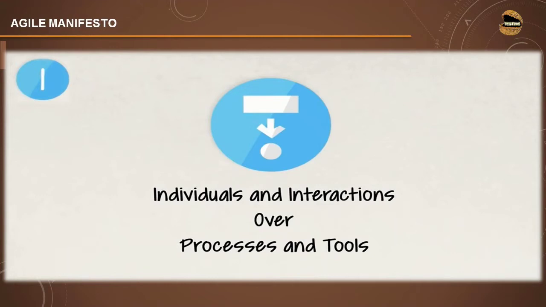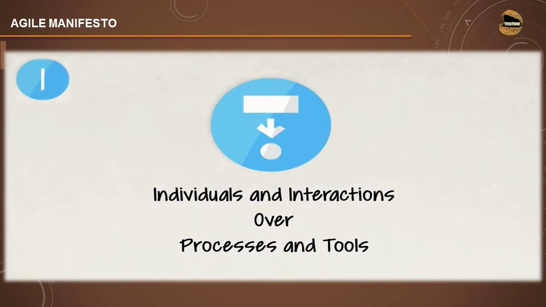When you talk about individuals and interaction, more importance was given to them in the Agile methodology when compared to the traditional model, where the teams were separately distributed. Now, when we talk about separation, of course, the teams were independent of each other. They were so independent that the interaction was through electronic medium or maybe through mails or any other different mode of communication. But face-to-face interaction was highly reduced when it came to traditional development models. Whereas when you talk about the Agile methodology, we give importance to individuals and interaction and put them at one particular place so that they have good collaboration as well as very transparent communication.